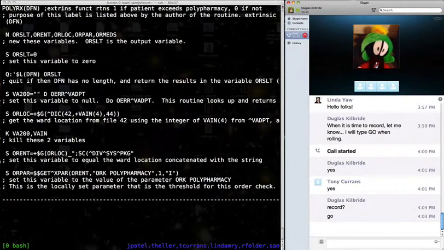So notice that we actually pass in a DFN. So now we're talking about Vista 101 and how to understand Vista code. DFN is the patient's internal entry number inside FileMan. So, for example,